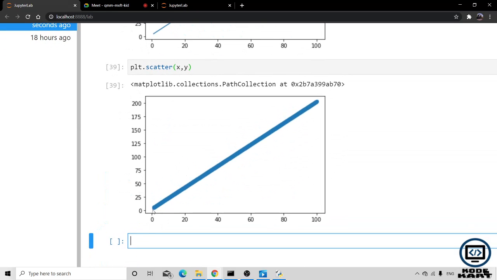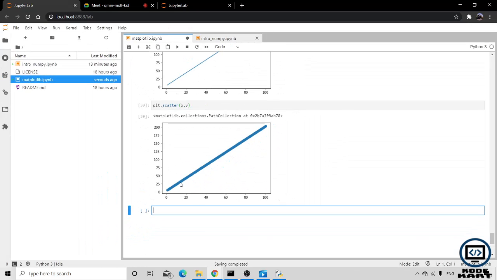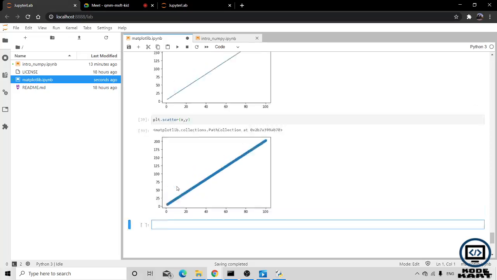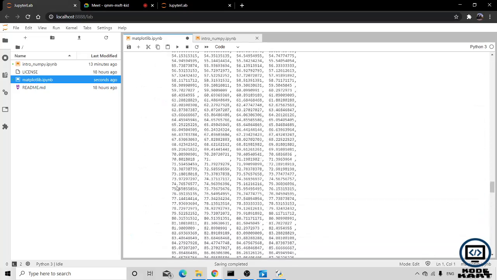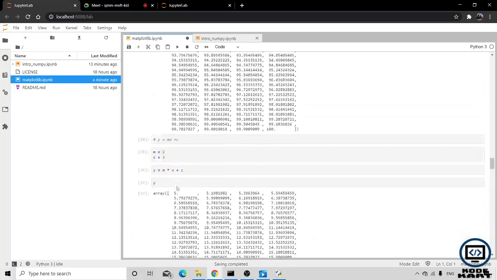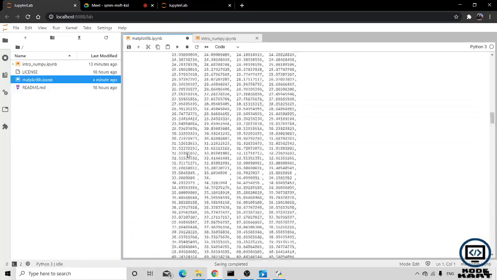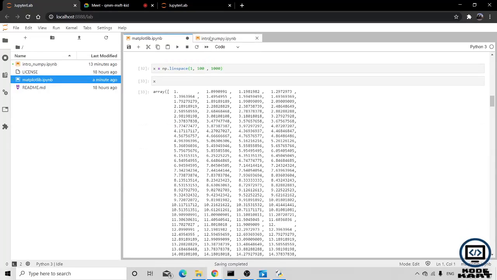Now you can see that the line is a little bit dark. The dark line simply reflects that there are dots, and if you plot so many dots, it will act as a straight line, because a line is a mixture of dots only. But if I set the value to 50, then you will see the difference.